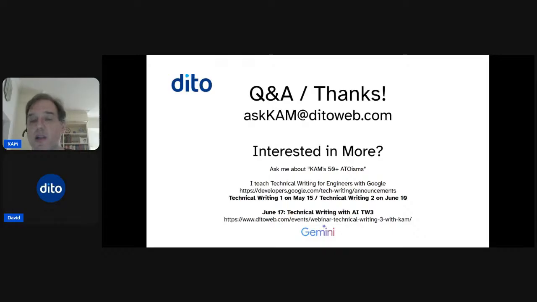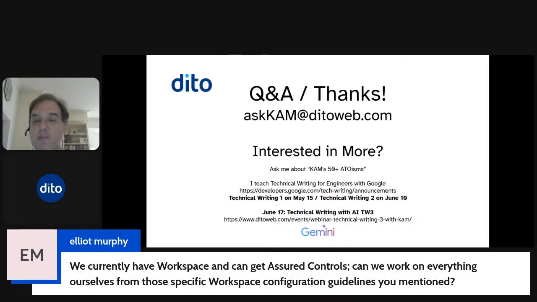The next question I see is from Elliot Murphy. So Elliot says, we currently have Workspace and can get Assured Controls. Can we work on everything ourselves from those specific Workspace configuration guidelines you mentioned? Absolutely, though I want to be pedantic. I'm sorry, I'm not trying to call you out or correct you or be a jerk, but when I talk about cybersecurity, when I talk about compliance, sometimes the devil's in the details. So there is a product called Assured Controls. There's a product called Assured Controls Plus. You must have Assured Controls Plus. You only wrote about Assured Controls, but absolutely,